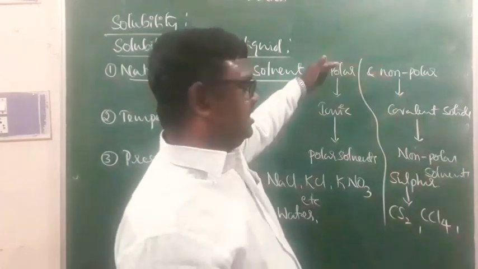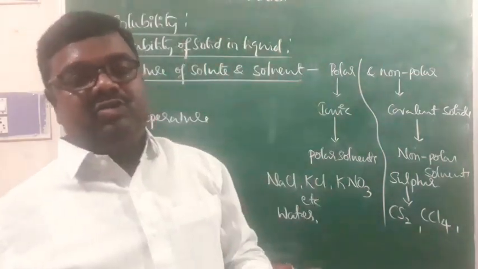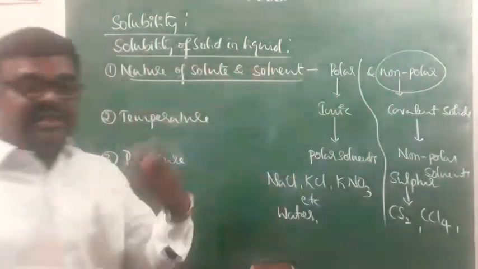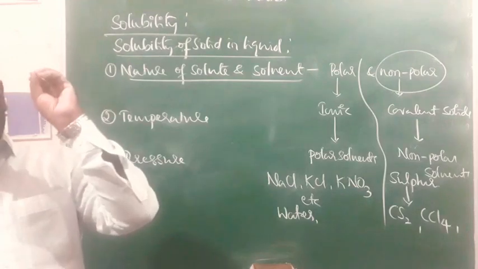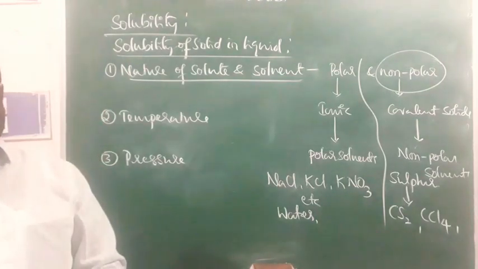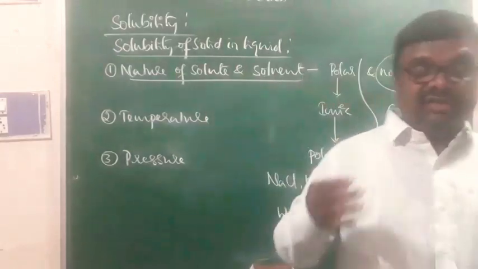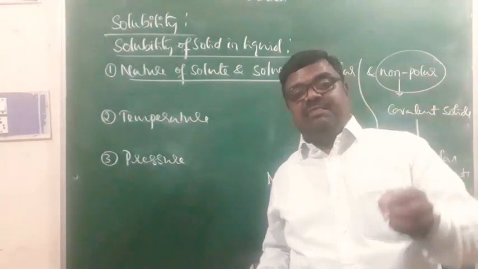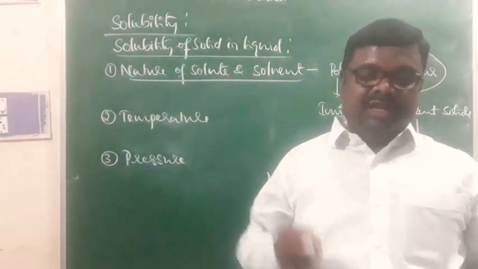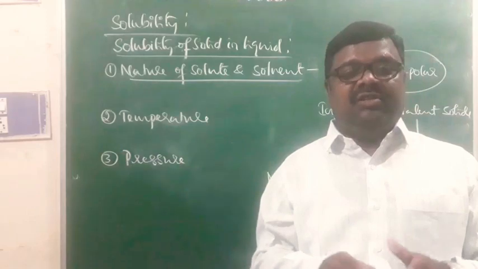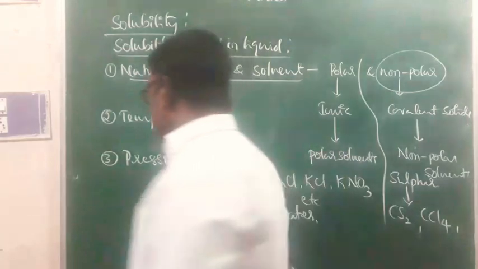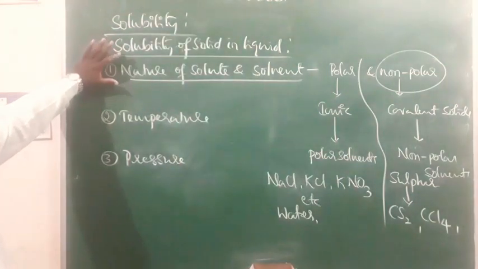So this is one factor: polar solute particles will be soluble in polar solvents, and non-polar solute particles will be soluble in non-polar solvents, and thereby we can say that like dissolves in like. And remember, solubility of a solid in liquid takes place only when there is an interaction between solute particles and solvent particles. If the kinds of interactions are the same in both cases, naturally the solid will be soluble in the solvent. So this is solubility of solid in liquid, and one factor is the nature of solute and nature of solvent.